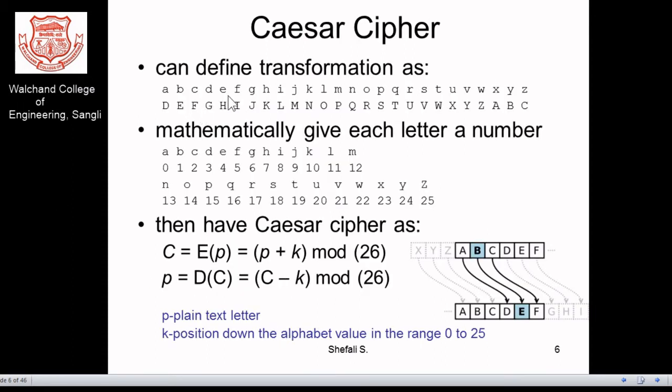I can clarify the idea with position notation here. Say I have A, B, C, D up to Z. The position of A is 0, the position of B is 1, and in a similar fashion, the position of Z is 25. So you have A to Z as 0 to 25 as the slots, and the positions are taken into account. If I want to take P as the plaintext for the encryption, what will be the cipher?